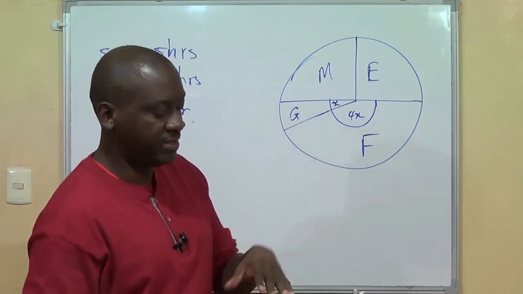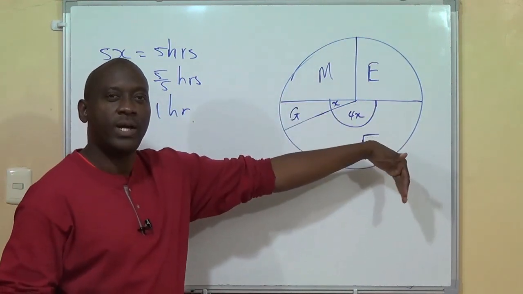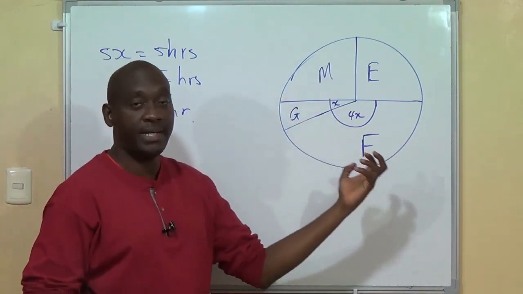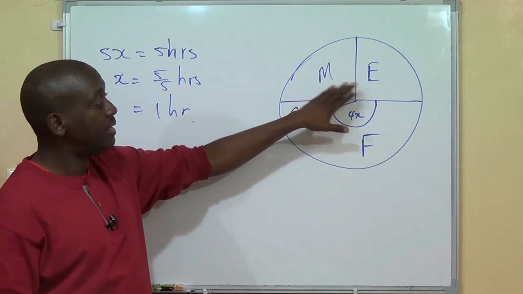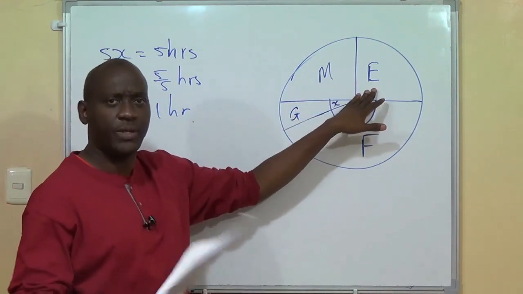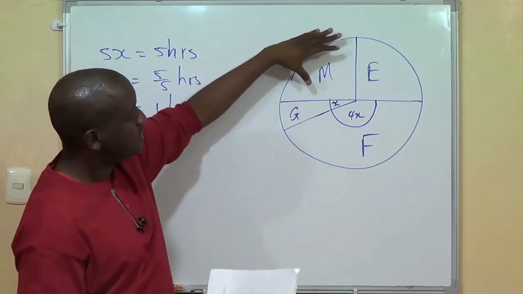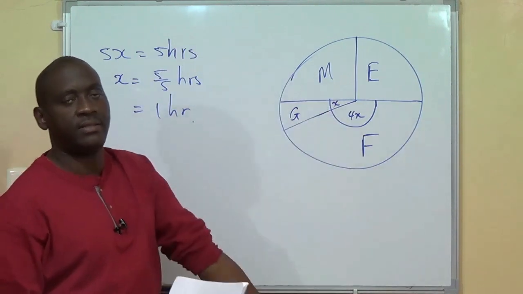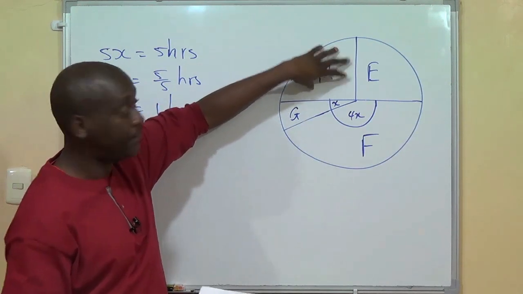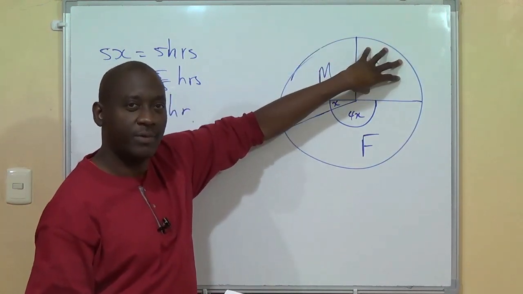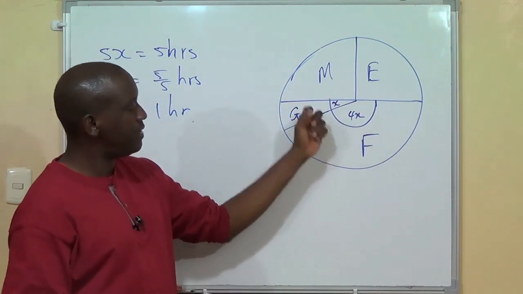Alright, so before we just announce the answer and close up the question, I just want to also say that if in a situation like this, we have the luxury of looking at the diagram and making assumptions, then this here is clearly a right angle. This looking like 90 degrees, and this also looking like 90 degrees. And we know that 90 degrees is a quarter of 360. So in other words, if we had to state how much time was spent studying maths, then boom, 2.5 hours, quarter of 10. Boom, English, 2.5 hours, quarter of 10. Alright, and that of course would be in addition to the 4 hours for French and 1 hour for geography,